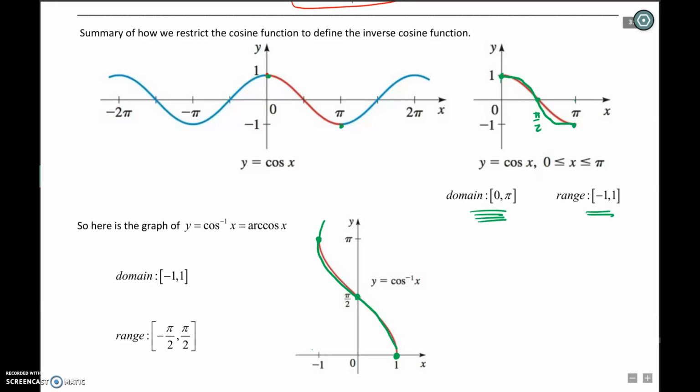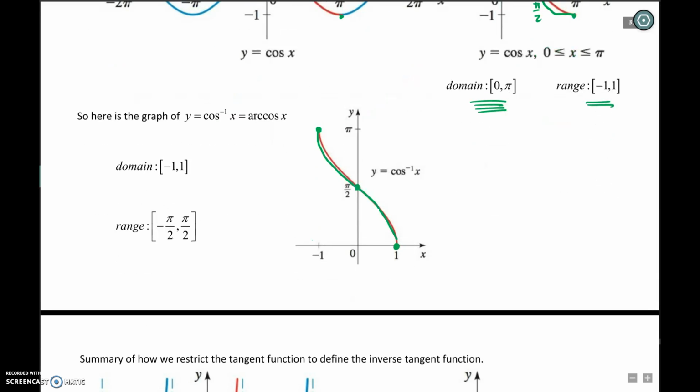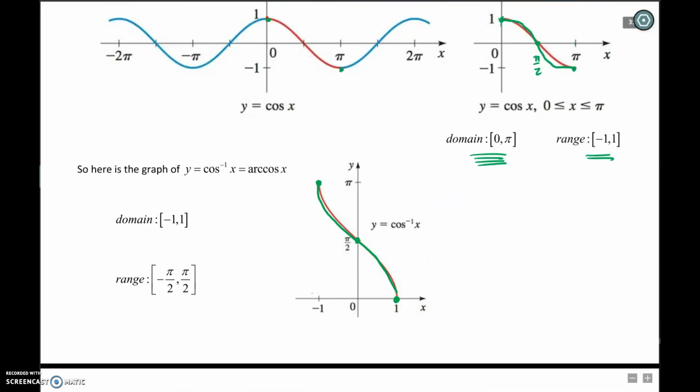And again, if you were to continue on, it's basically a cosine function reflected across the line y equals x so that it goes up and down. The domain of this function is still that, meaning you take inverse cosines of ratios that range between negative 1 and 1, and more importantly, when you take the inverse cosine of a ratio, it's going to spit out